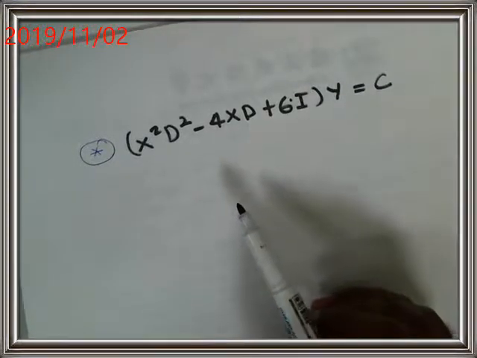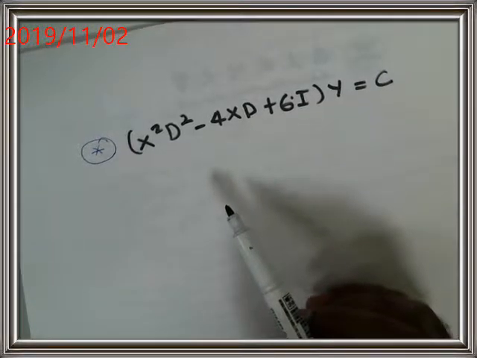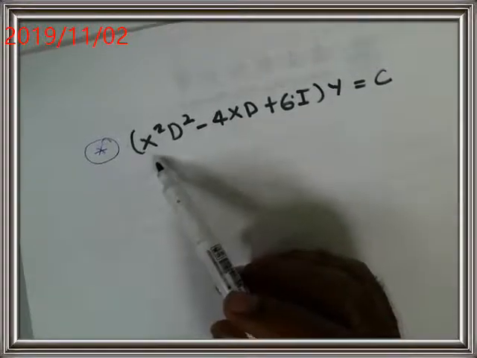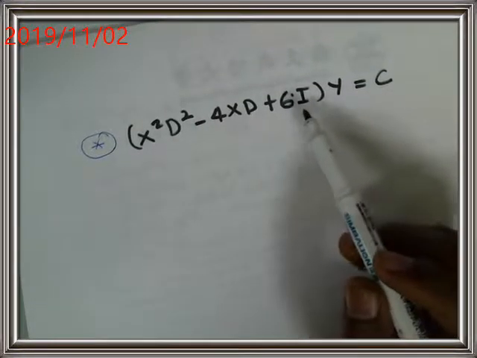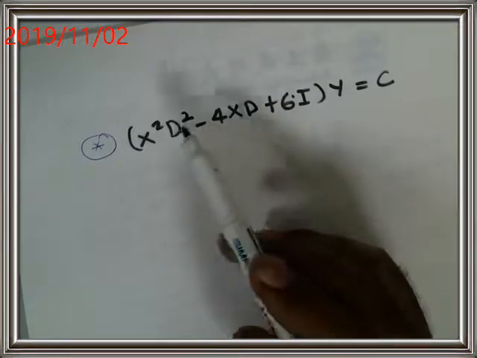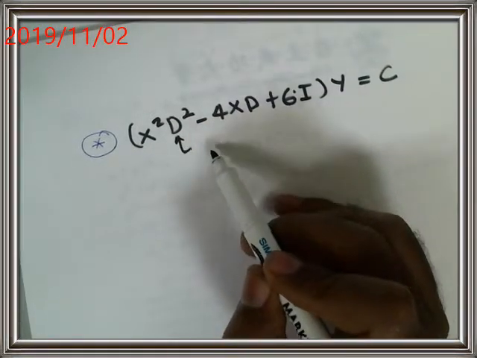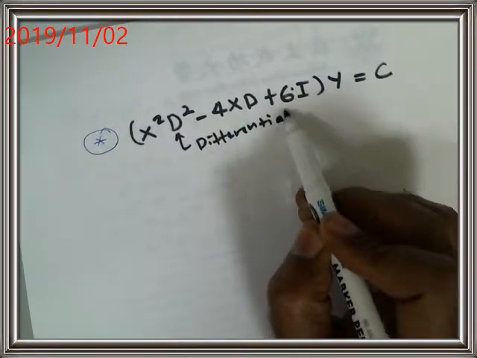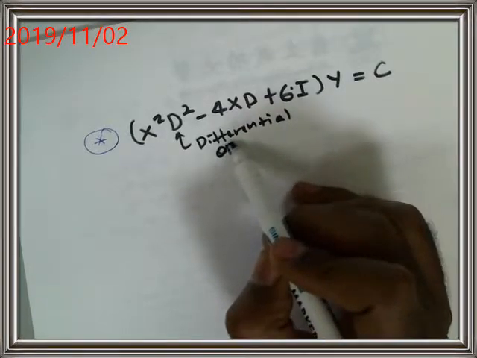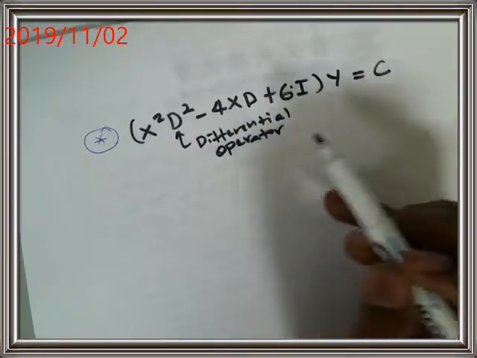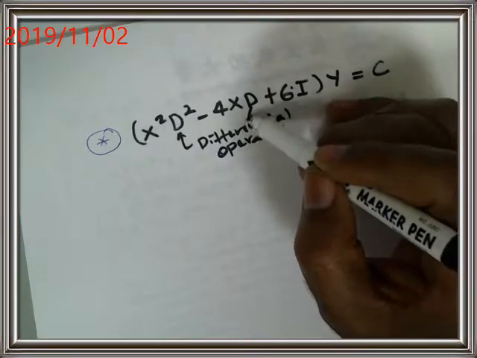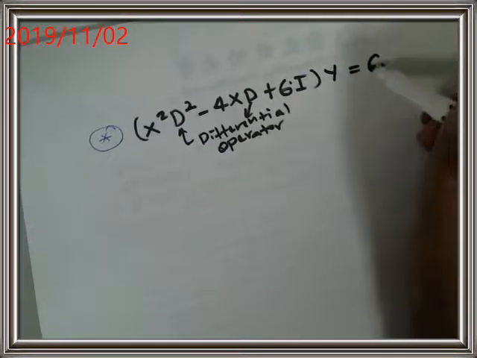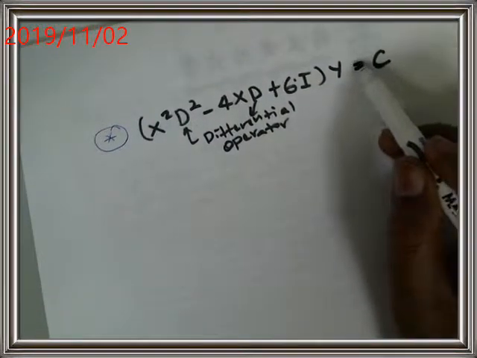Okay, today we will see second order ordinary differential equation. As you can see, this is the given ordinary differential equation. It is second order with a differential operator. Okay, this is our differential, we call it differential operator. As you can see also here, this is a differential operator, and with a constant c after the equality, which